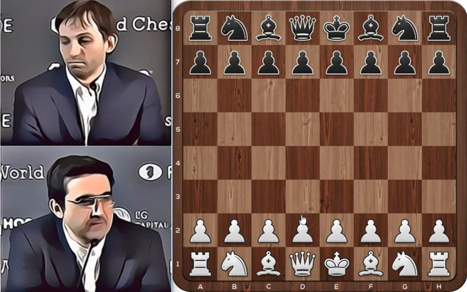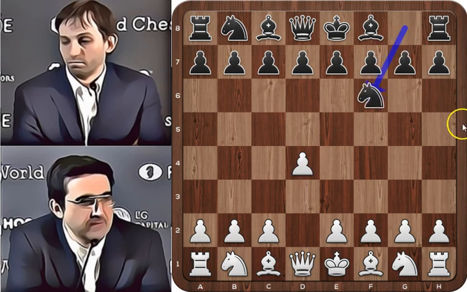Hi everyone, in this video I want to show a game between Vladimir Kramnik and Alexander Grischuk. The game was played in the Candidates tournament from 2018, round 1. Let's see the game. It started with d4, knight to f6, and knight to f3, developing the knight towards the